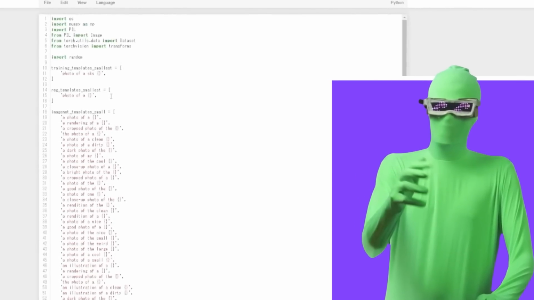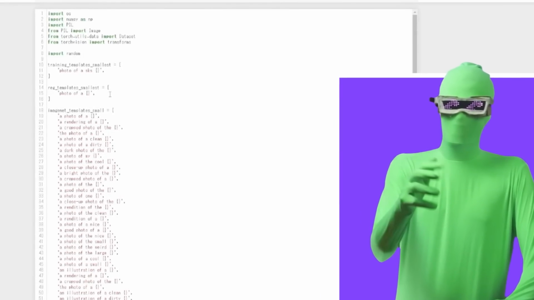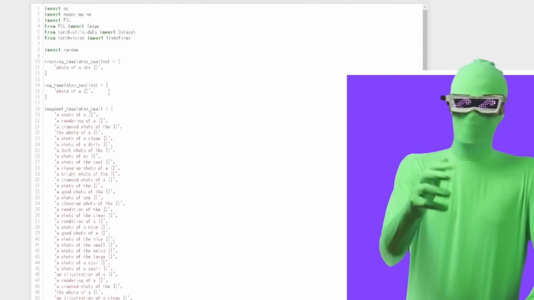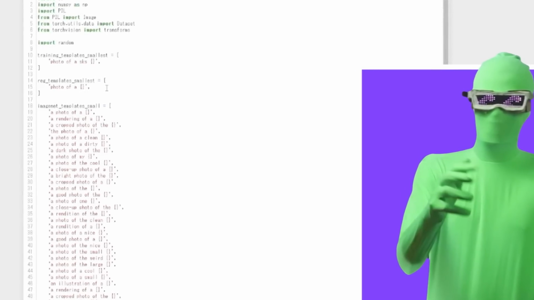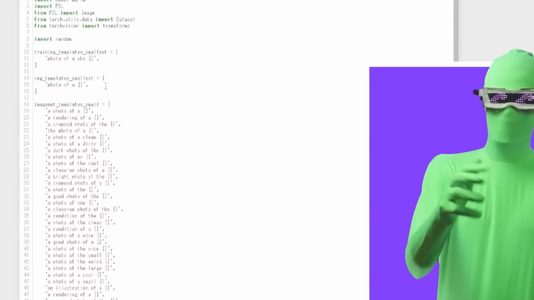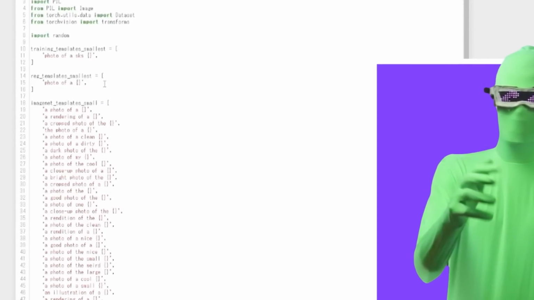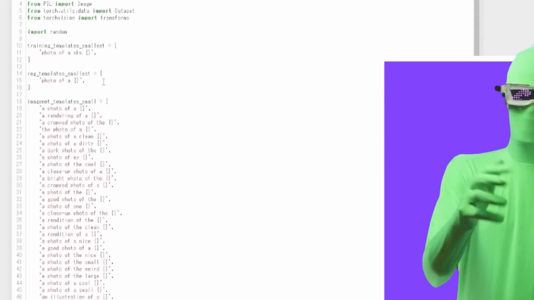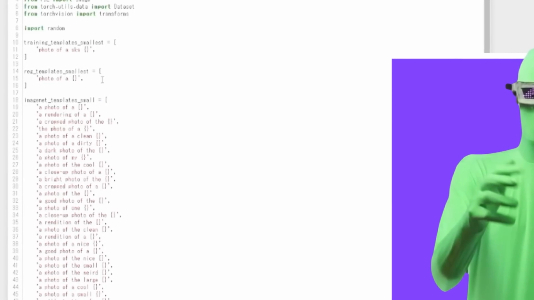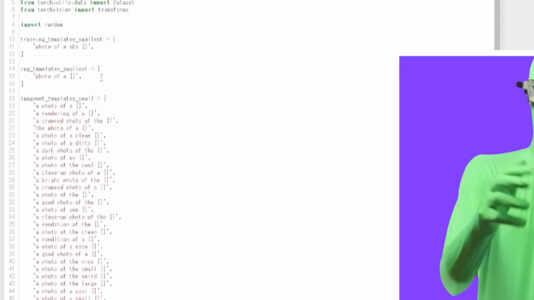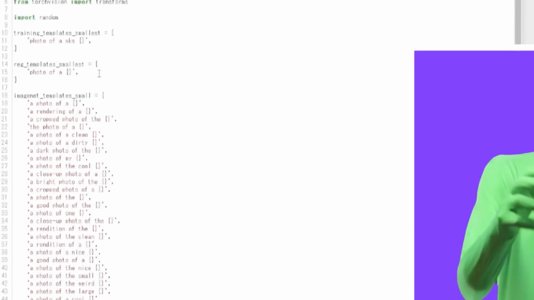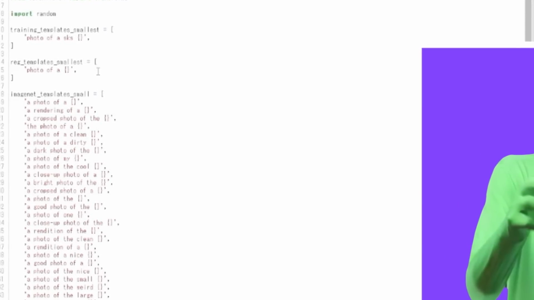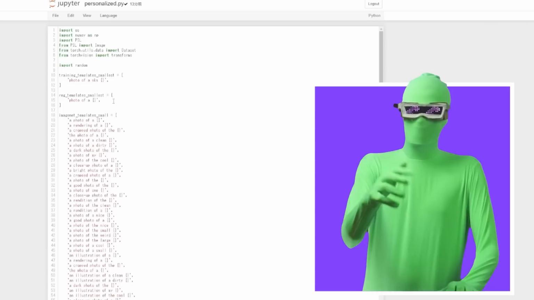I forgot to mention this in the video, but if you want to change the default name from what it is, SKS, you need to type this token in when you're generating your image. The default is SKS, and you probably should change it, honestly, since it was just a random series of letters that the author thought didn't refer to anything, but actually does refer to something. So it's best to change it to something else, maybe your name or some other random series of characters. You can see it right here, photo of a SKS. Change that to something else. I changed it to Naruto for the Naruto one, because I just wanted to improve the ability of Stable Diffusion to develop Naruto. So just keep that in mind.